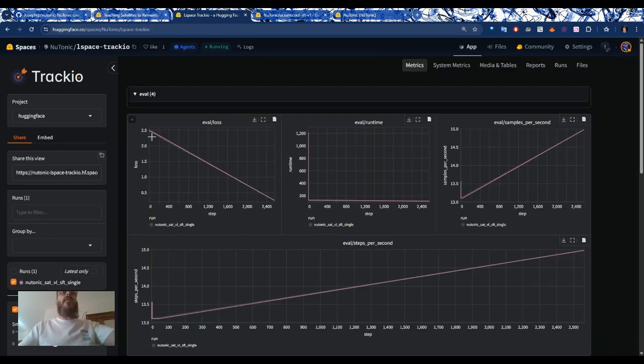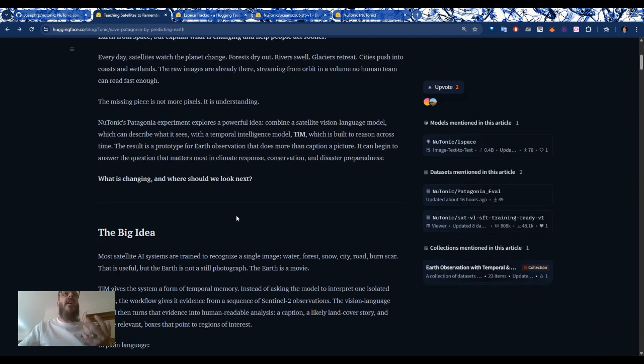But this evaluation is based on basically my training set, or at least a subset of my training set. So that means that the eval is only looking at images that are basically identical to what I've trained on, and that's great to show success, but it's not great to show generalization. It's not convincing. So what did I do?